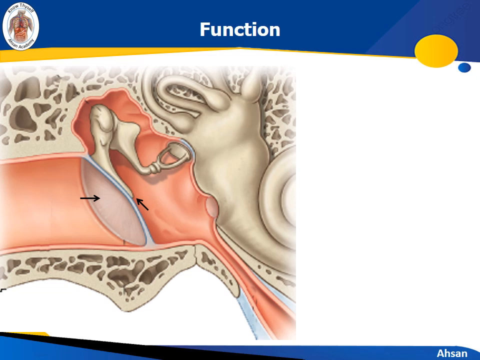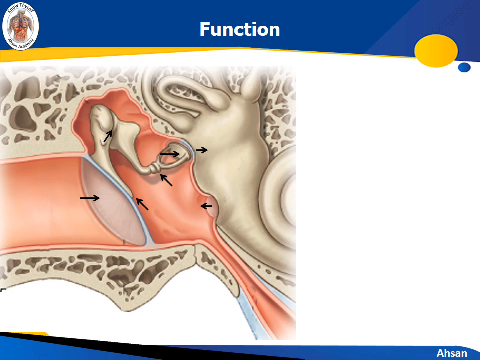That vibration is transmitted by the handle of the malleus, and the malleus makes a synovial joint with the incus, and the incus makes a synovial joint with the stapes, so all will move like the wheel of a railway, and ultimately the foot process of the stapes goes inside, so it pushes and creates a wave in the fluid present in the internal ear. Whenever this foot process gets in, another thin membrane in another window bulges inside the